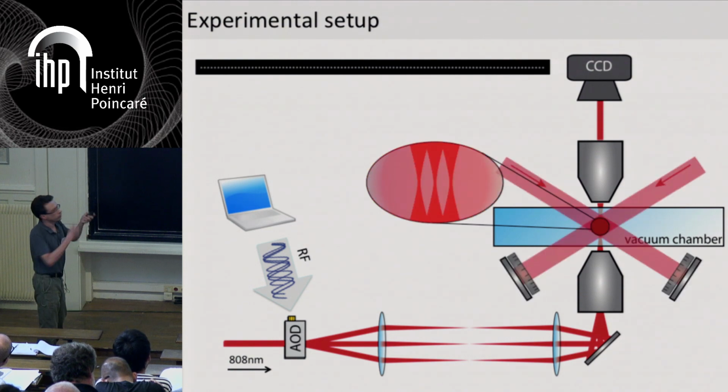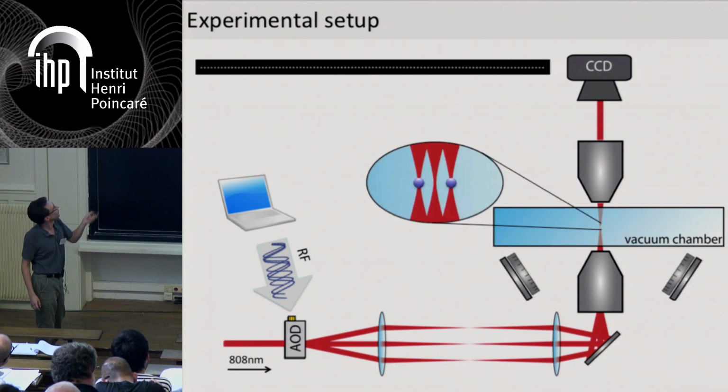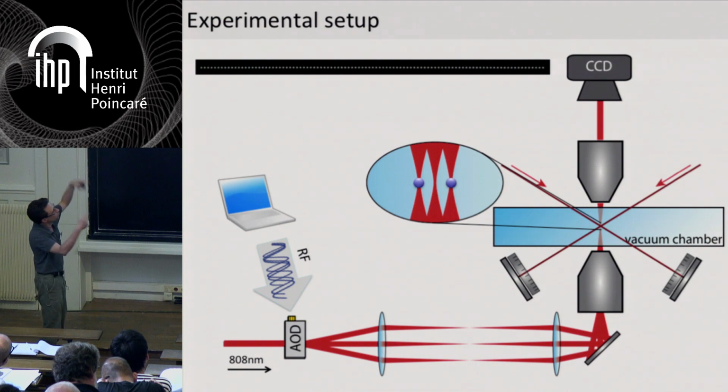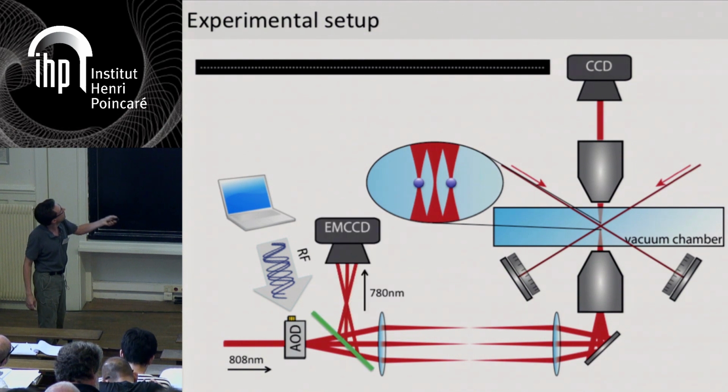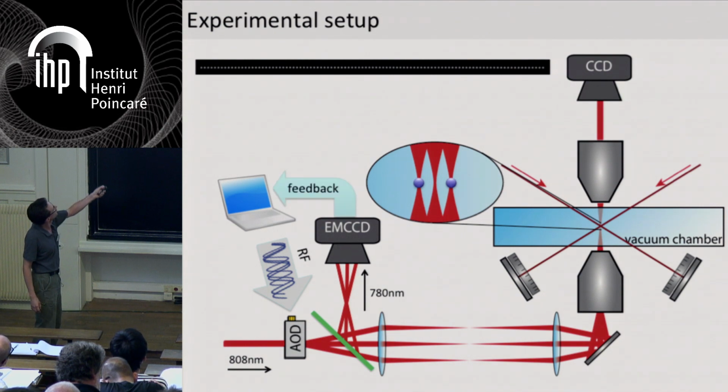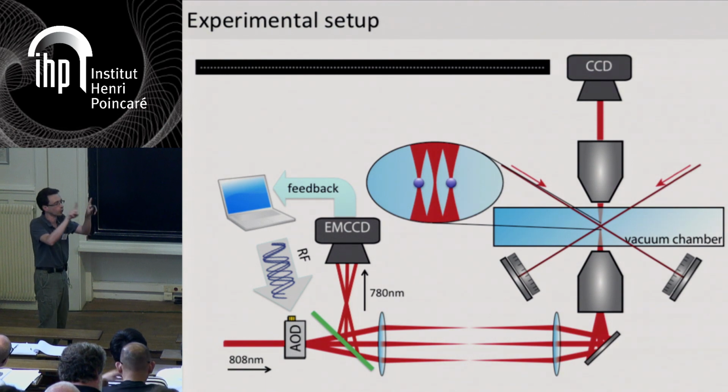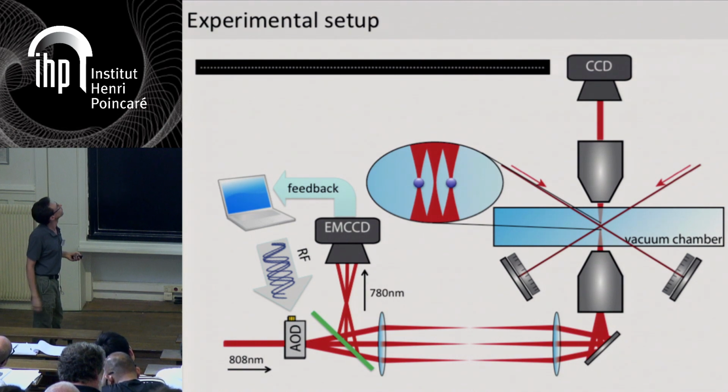And then we create a MOT, send an optical molasses, wait for some loading time, then send some cooling beam to make the atom fluoresce. And the fluorescence is collected through the same high NA objective back to a CCD camera, which gives us an image of the atomic distribution after the loading. And then we use this image to apply some feedback on this AOD. So basically, we remove the tones corresponding to the empty traps, and we change the other tones to move the atoms into the desired configuration.